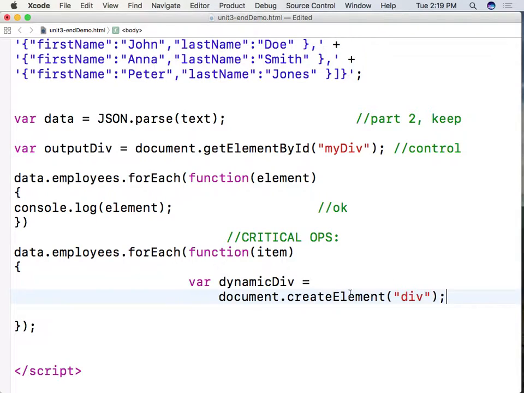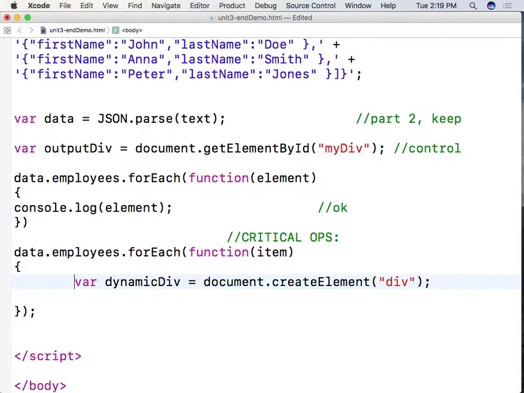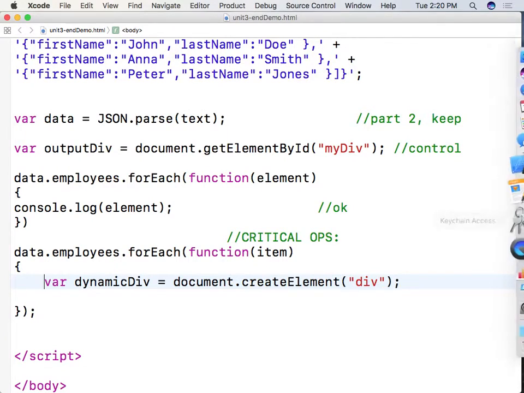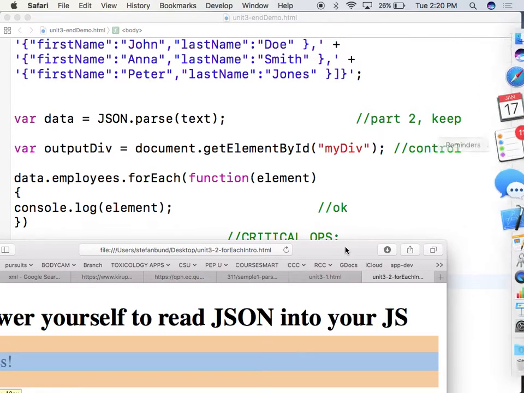Now, divs are the most important building block for web pages because they offer large blocks of the web page like its own little web page. So as long as you make a div, you can actually load data into that div separately than other parts of the page. So a div is like a whole other body, if you will, with a whole other dimensions. But we usually stack many little divs on top of each other. And the way that I like to see it is if you go to a very data-rich site,